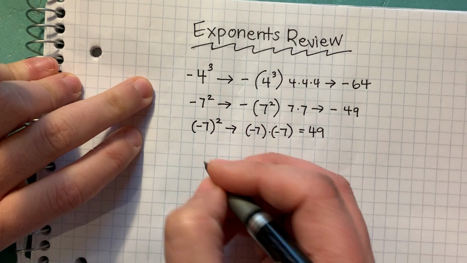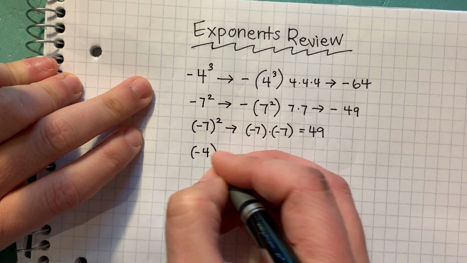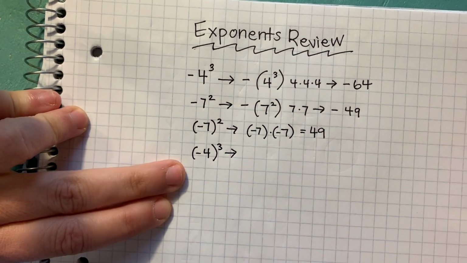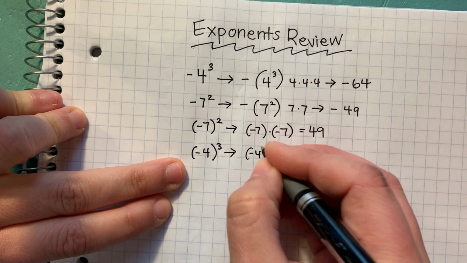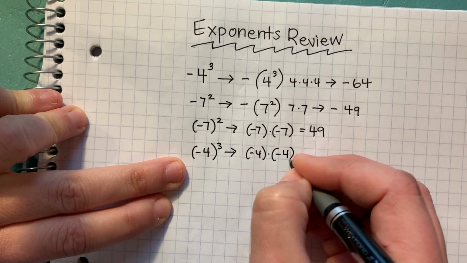Now, if you have negative 4 to the third power, that means you have negative 4 times negative 4,